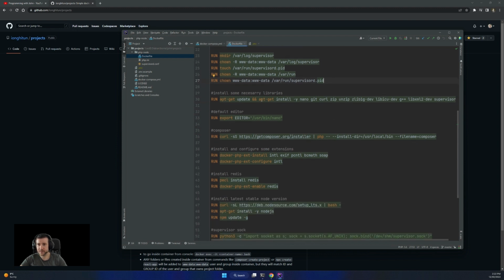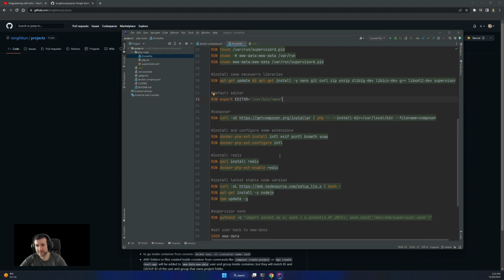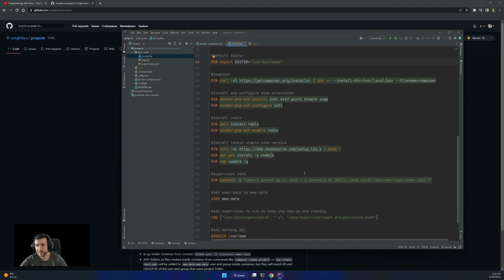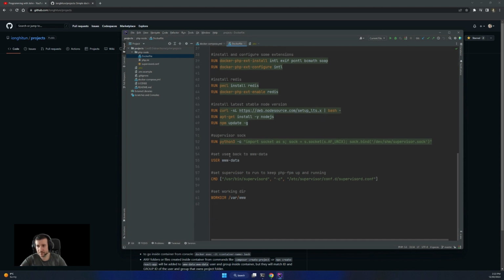Then install some necessary packages, libraries, a default editor inside that container, installing Composer in the container, some extensions and configure them, install the latest long-term support Node version and npm, then run supervisor through Python. Then, like I said, change the user back to www-data and run supervisor as the www-data user,